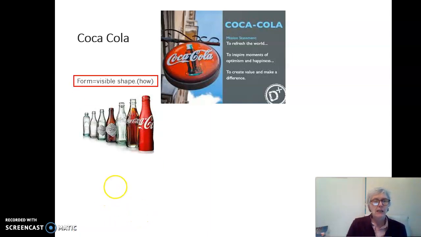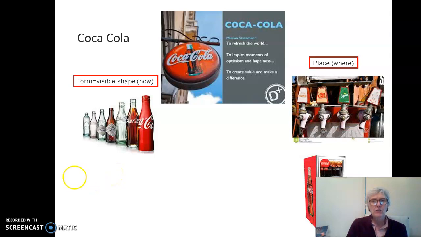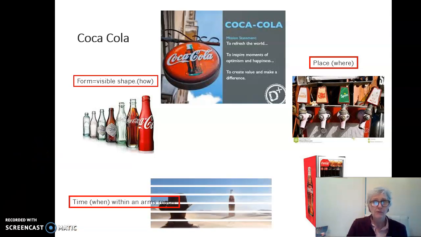Now let's have a look at how Coca-Cola transforms utility into form utility. In this case, it shaped different sizes of bottles and cans, so form utility is the visible shape. Place utility is where you can get a Coke, maybe in a bar, or by these cooler displays which are placed everywhere, in schools, at railway stations, wherever anybody wants a Coke.